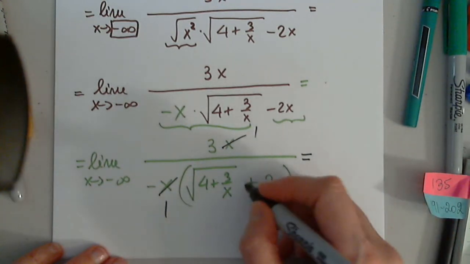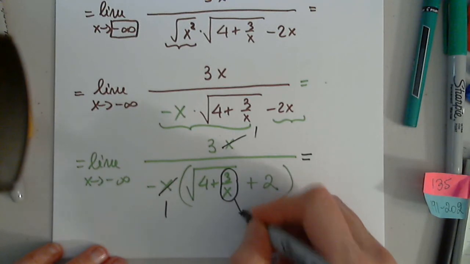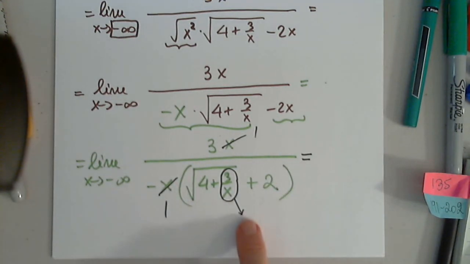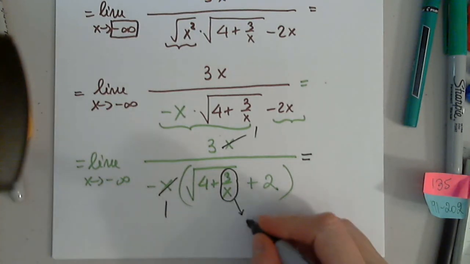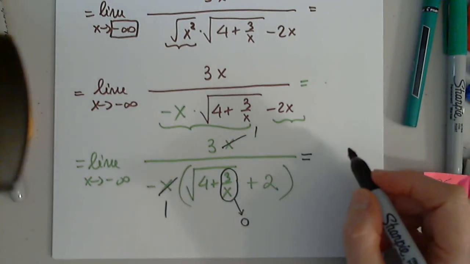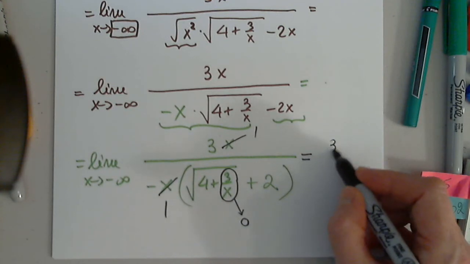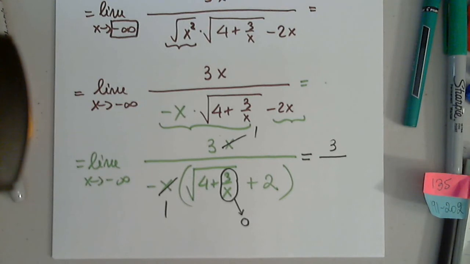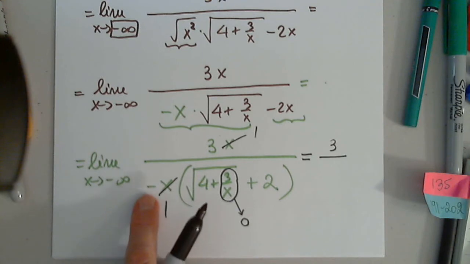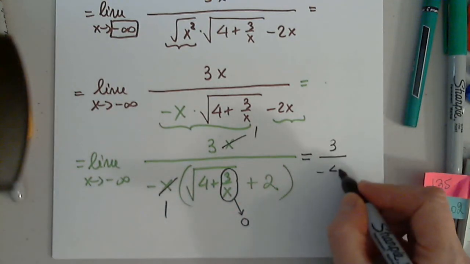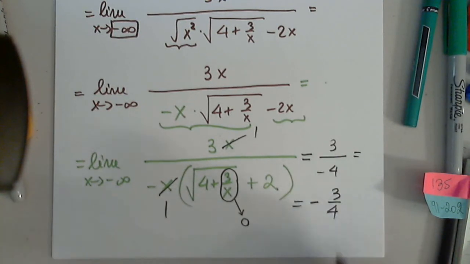Now I can drop the limit operator because I'm applying it. Where is this going? 0. Good. So the numerator is going where? Three. Good. Where is the denominator going? 2. 4. 4. Negative 4. Negative 4. So the answer is negative 3 over 4, which means